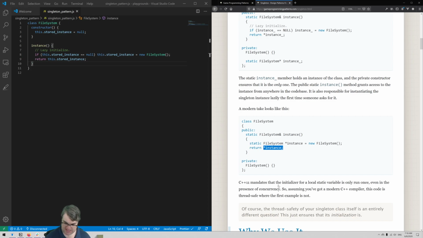C++11 mandates that the initializer for a local static variable is only run once, even in the presence of concurrency. So, assuming you've got a modern C++ compiler, this code is thread safe, where the first example is not. Of course, the thread safety of your singleton class itself is an entirely different question. This just ensures that the initialization is. Well, yeah, and so